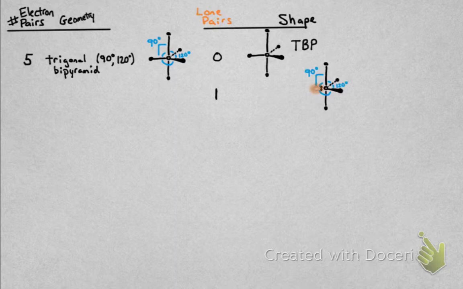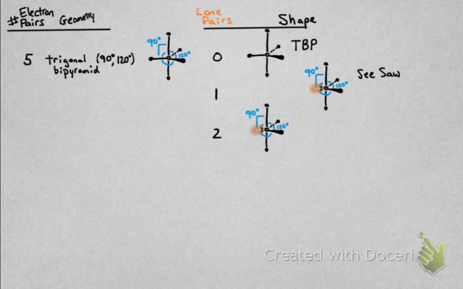And this is kind of an interesting structure. If you imagine this tilted over to the right on its side, it looks like a seesaw. If you have 2 lone pairs, again, those lone pairs are going to be added into the trigonal plane. So we'll remove one of those, put in a lone pair. Now, if you sort of manage rotating this around, it looks like a T,